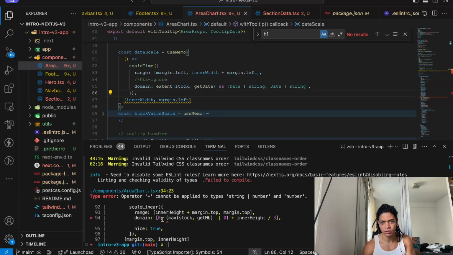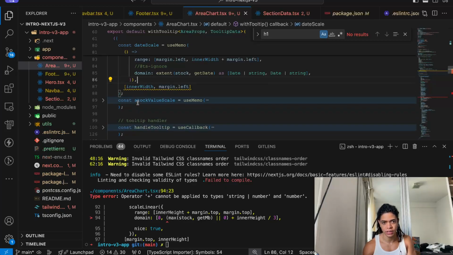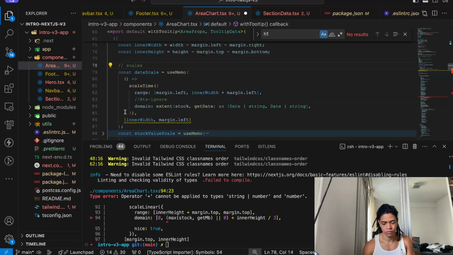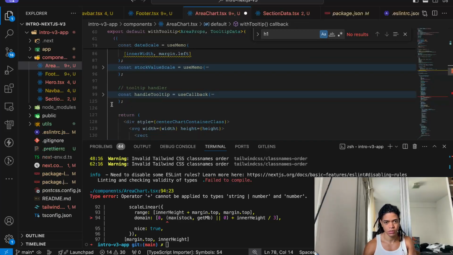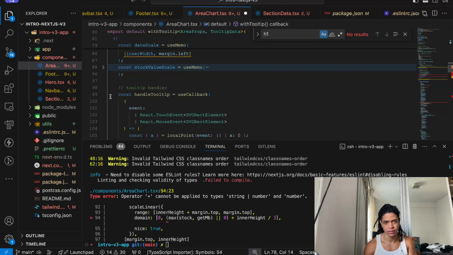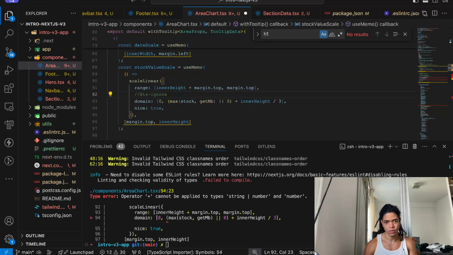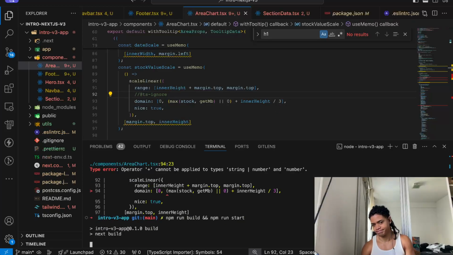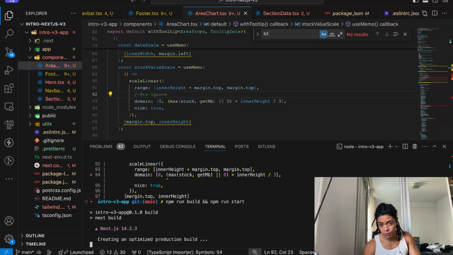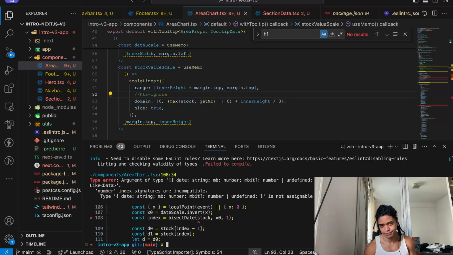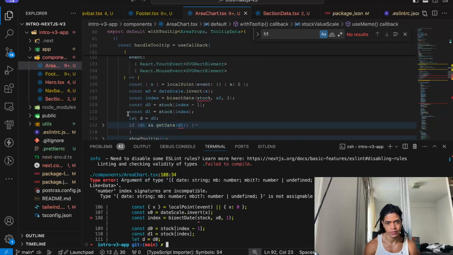Which range 0 and max stocks. But I think this is on the next line, which is here. You know what? We know what we're doing, TypeScript. Chill. For this example, we know what we're doing.